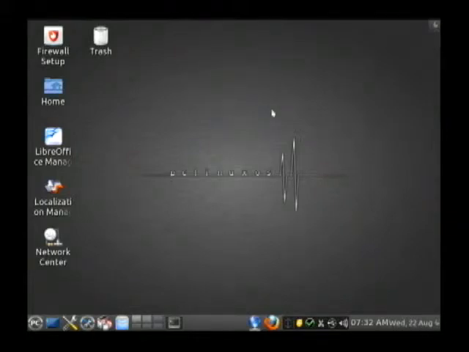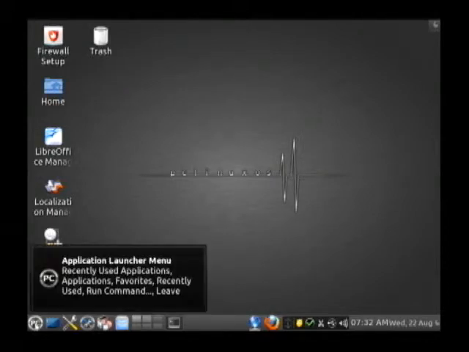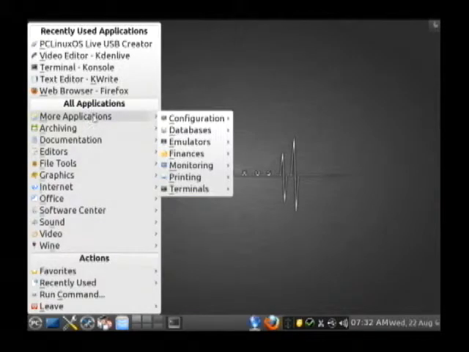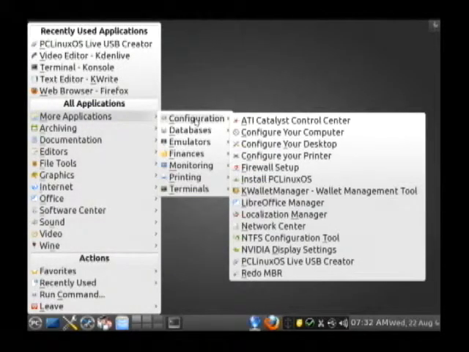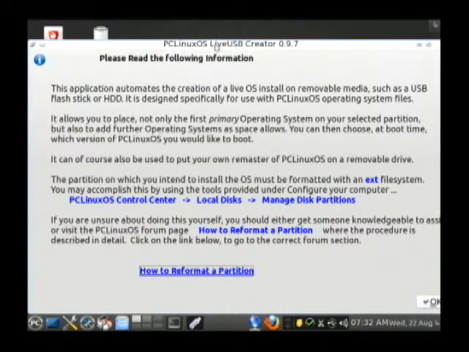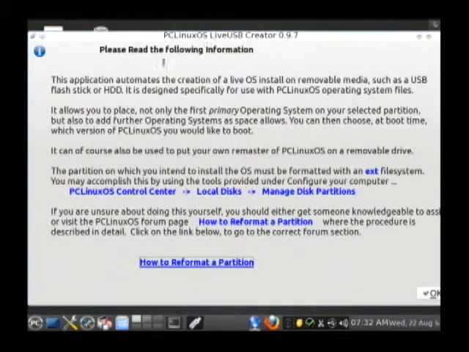Having done that, and having established that I do have my ISO file ready to put on there, our next step is to use a utility that comes with PC Linux OS. I'm clicking on PC, More Applications, Configuration, PC Linux OS Live USB Creator. You can see how this is organized logically. I'm using the PC Linux OS Live USB Creator, and I'm given some guidance here when it starts up that teaches me how to create a